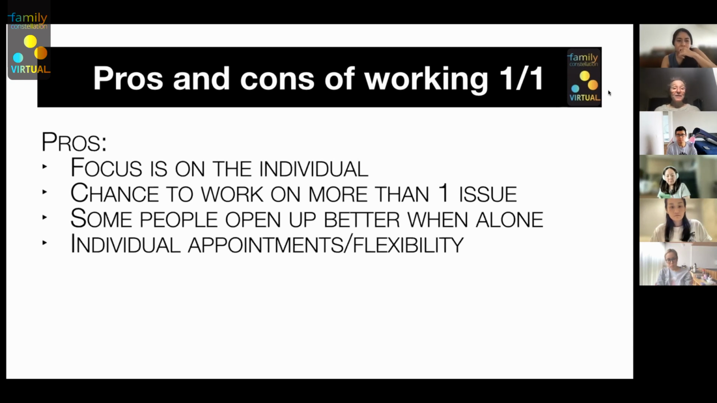You are more flexible with individual appointments. So when you offer group work, then obviously you have a date and a time and an event room. And then people have to come. And if they can't make the time for some reason, they will miss out on the family constellation workshop. But with